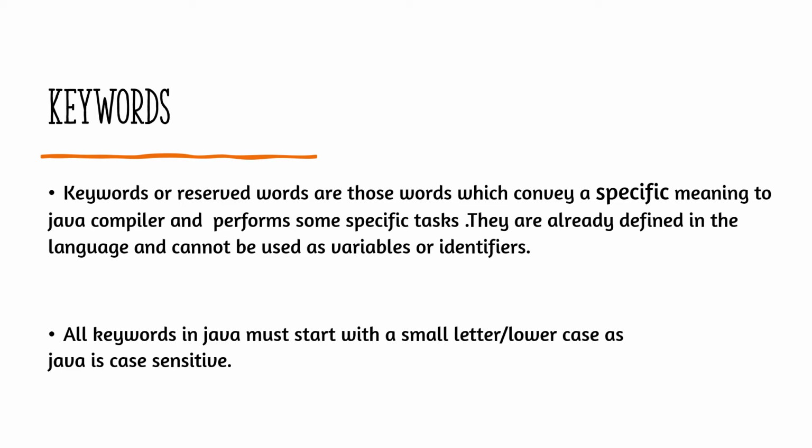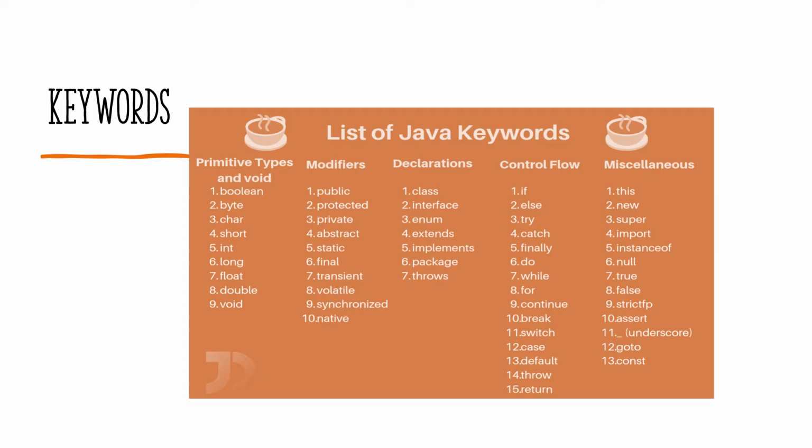Case sensitive means the meaning of capital letters and small letters will be different. The ASCII code is also different, and the meaning conveyed by a small letter and a capital letter are both treated differently in Java. Now we can see some of the keywords in Java. Here there are a total of 51 keywords.